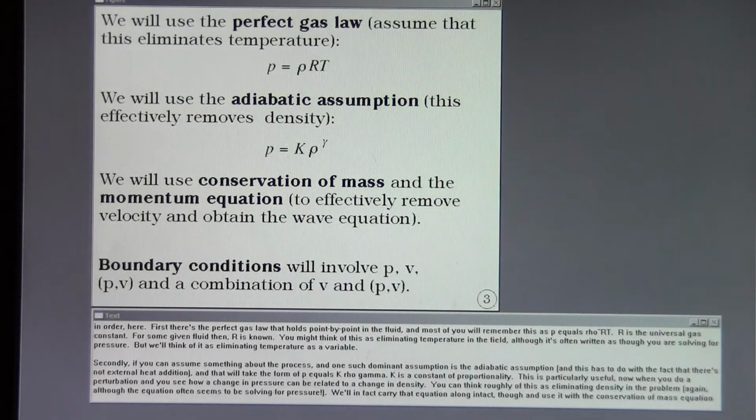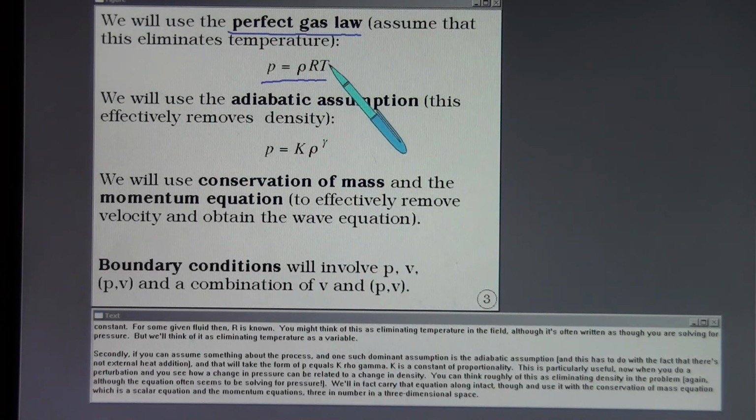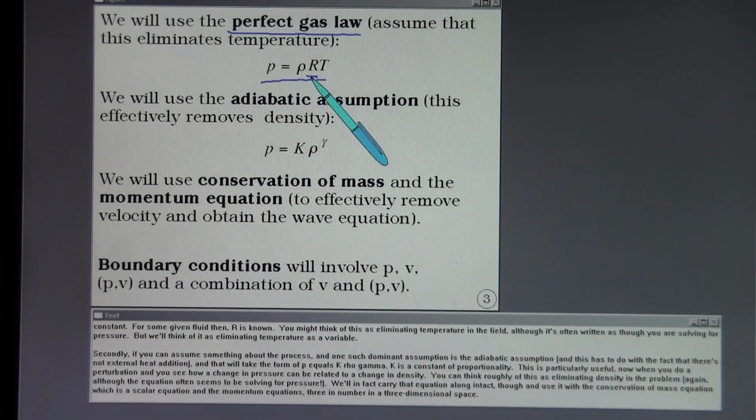We're going to do that in order here. First, there's a perfect gas law that holds point by point in the fluid, and most of you will remember this as P equals rho RT. R is the universal gas constant. For some given fluid, then, R is known. You might think of this as eliminating temperature in the field, although it's often written as if you're